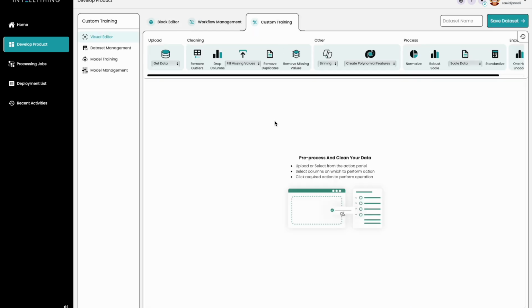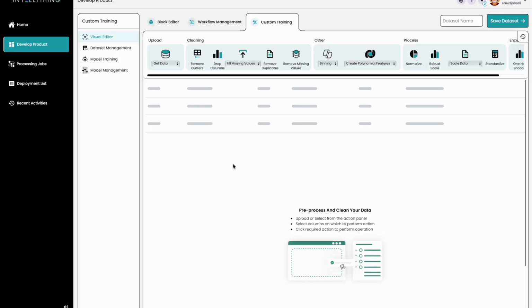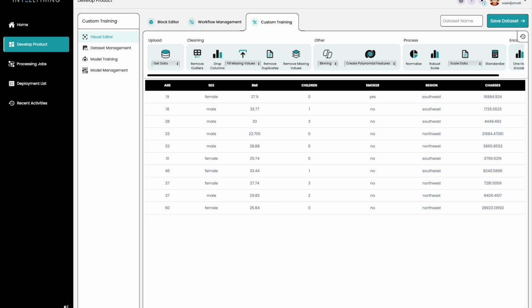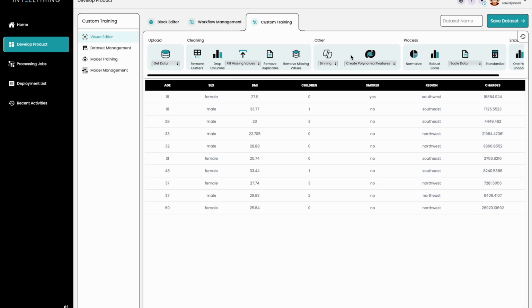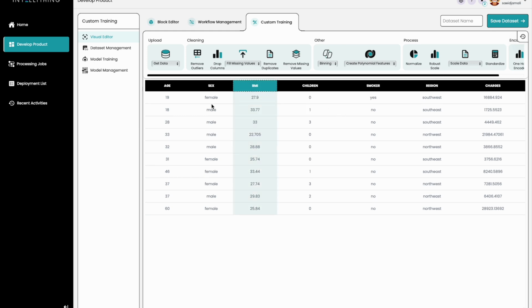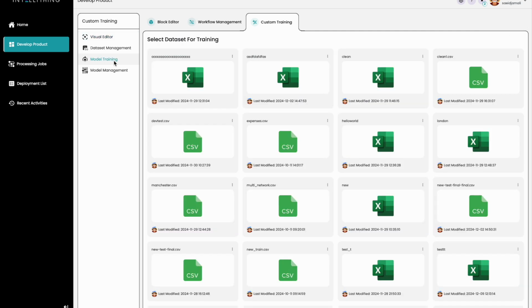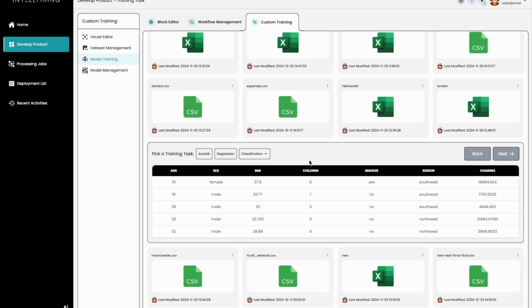If you go to custom training, you'll see a page where you can add your data, whatever that data is. It gives you a sample of how the structure is, what the column names are, and so on. You can do a series of pre-processing on it in this visual editor. You just click on the columns and do whatever you want, but this data is clean, so we don't want to go down the rabbit hole of pre-processing. It's already pre-processed. Now, if you go back to data, model training, and pick the data,